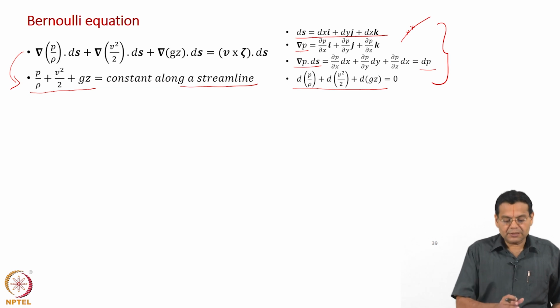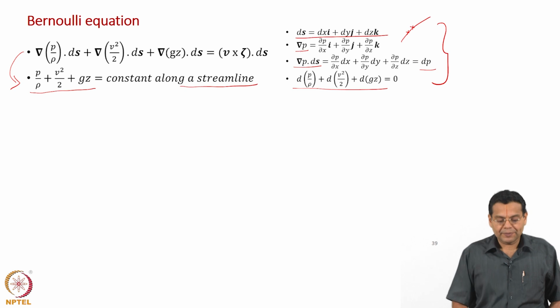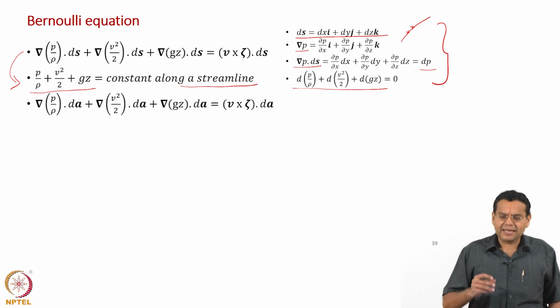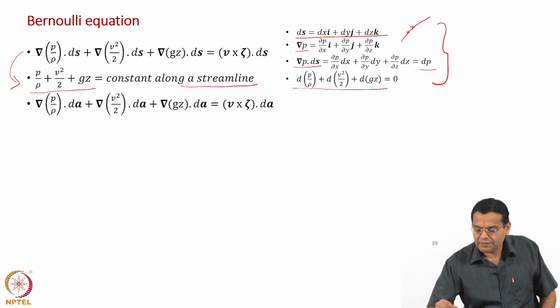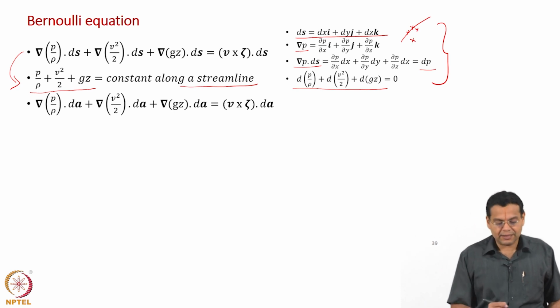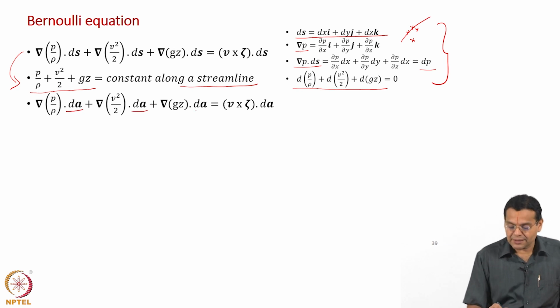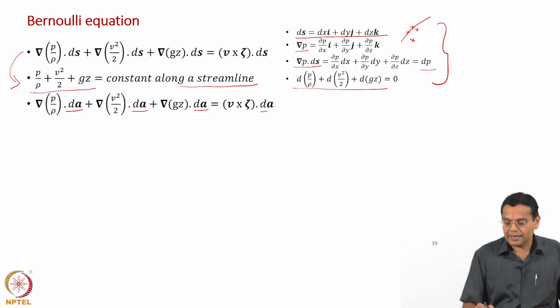That is why this sum is a constant along a streamline. So, that is the case if we take only inviscid flow. Now, because we have taken irrotational flow also, as we discussed in the previous slide, I need not take ds vector which is along a streamline, I can just take any vector. Okay. So, let us say this is our streamline, I can take any 2 points along any direction. Okay. So, this dA vector is such a small differential length once again, but along any direction.